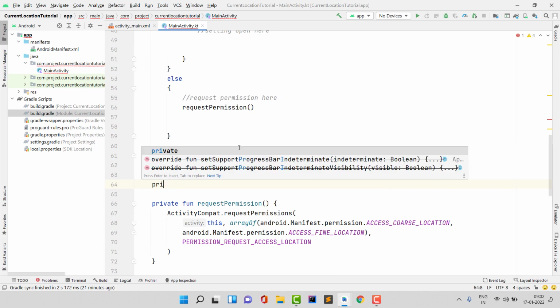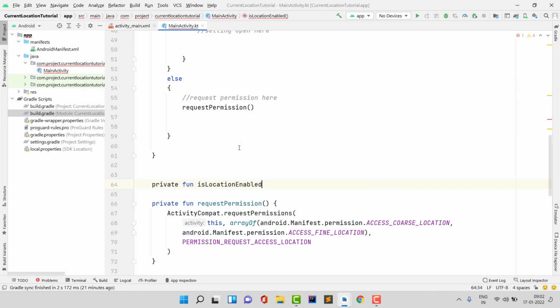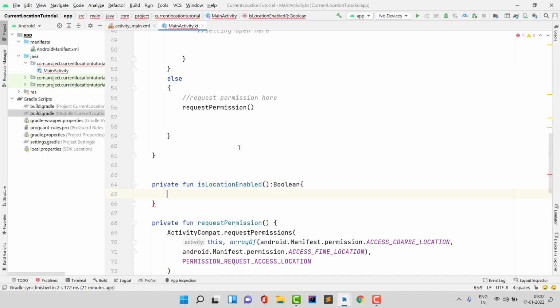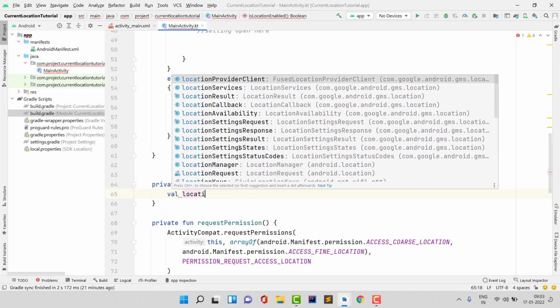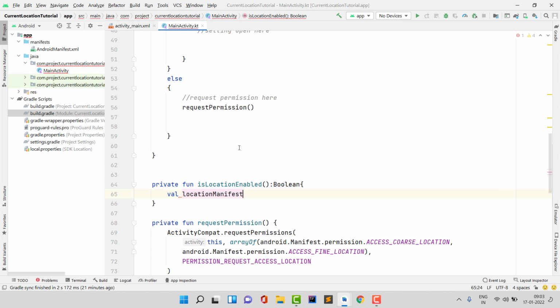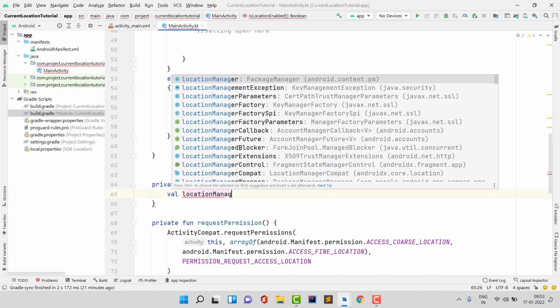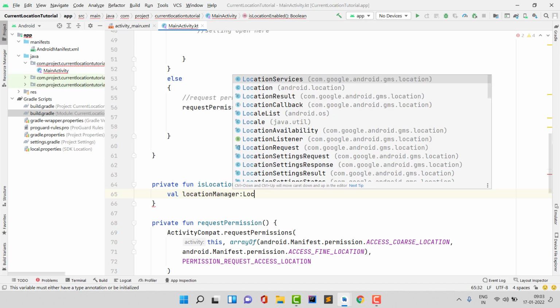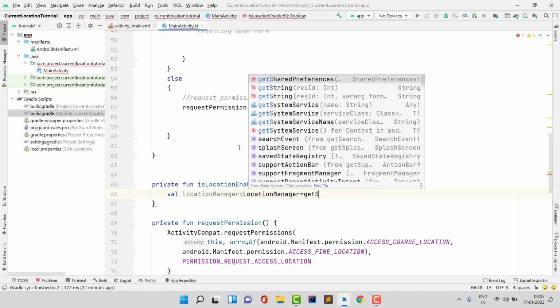So for this I am typing here private fun isLocationEnabled, and it will also return a boolean type, whether the location is enabled or not. So if it is enabled, then we will return true, otherwise we will return false. Inside this, we first need to take a variable here, LocationManager type. So locationManager, sorry, mistyped here, locationManager equals, then we need to type getSystemService